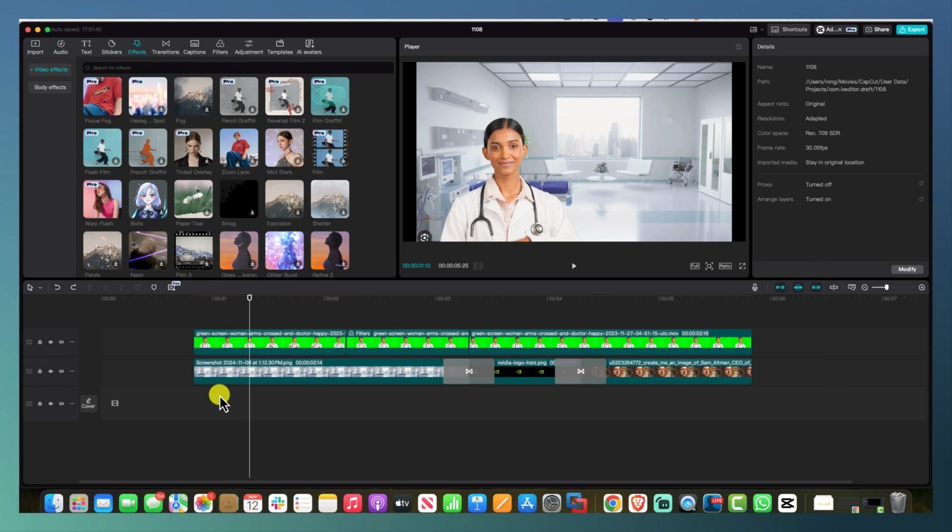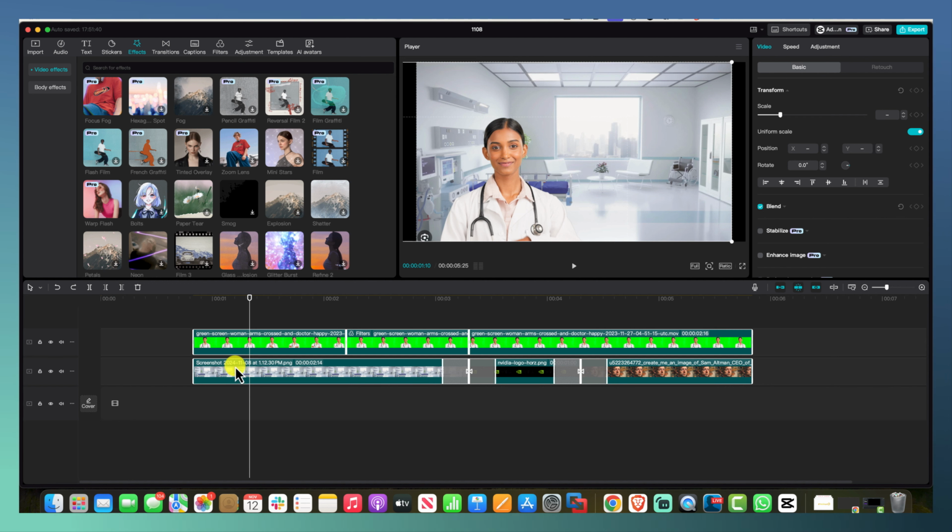or what I can do is just put my mouse around here and do Command A or Control A to select all of the clips, because you might have a background as well as your main footage, and you want to split both of them evenly. Then you could come over here and it says C for split, so you could just press C, or you could just press it. So I'm just going to press it, and now you can see as I move this over,